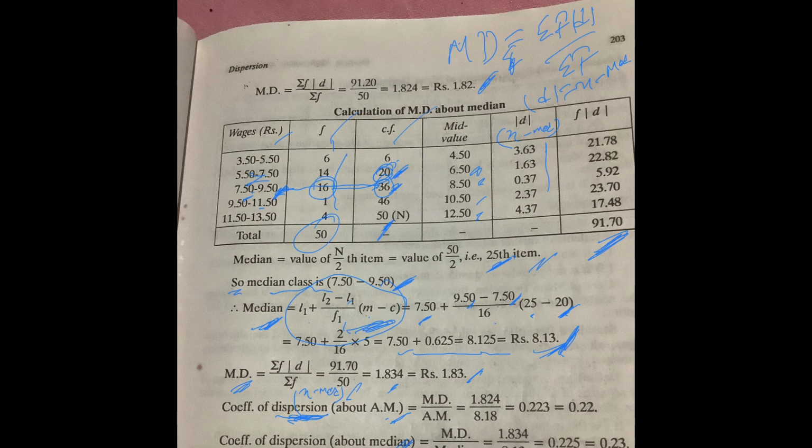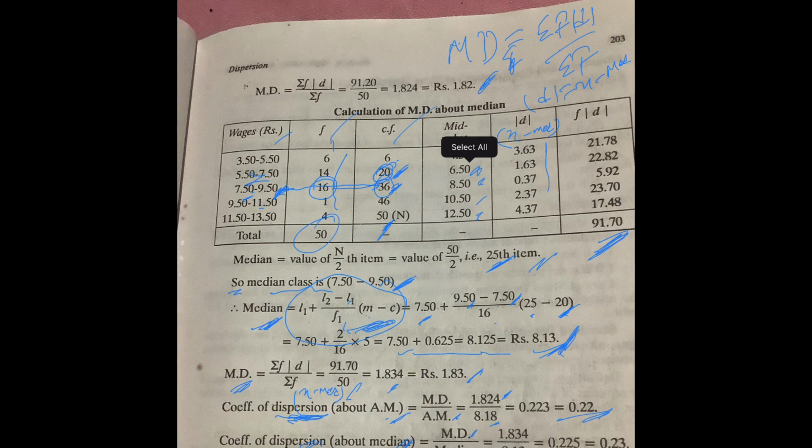If you see, just before, we have calculated the mean deviation about median. The mean deviation about median value is this and the arithmetic mean is this. You can calculate and find. Mean deviation about mean is 0.22, and the coefficient of deviation about median is,